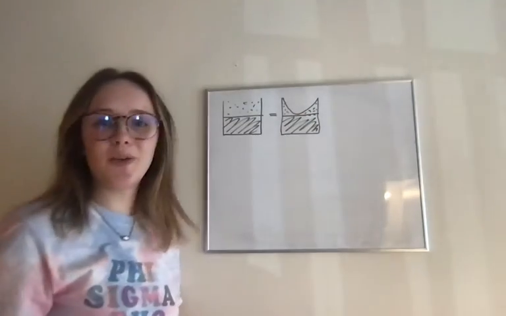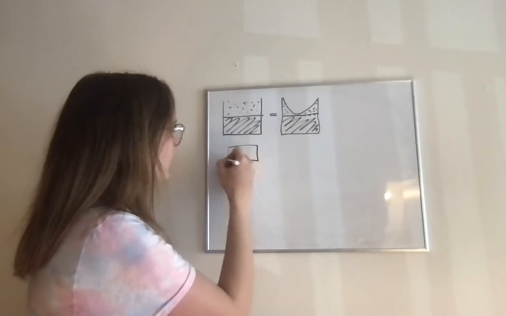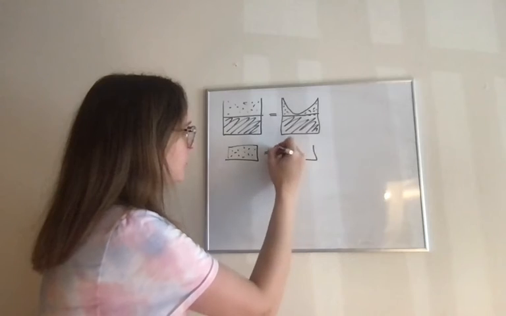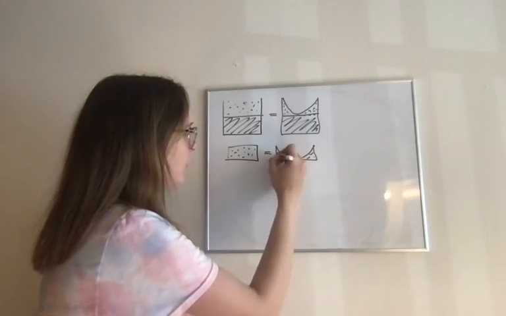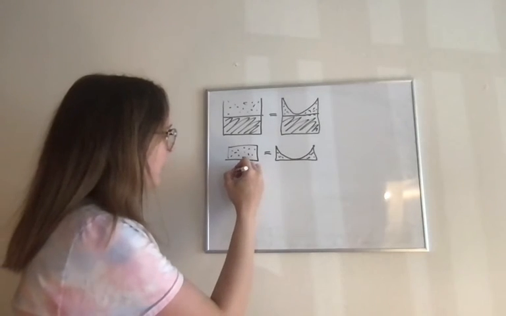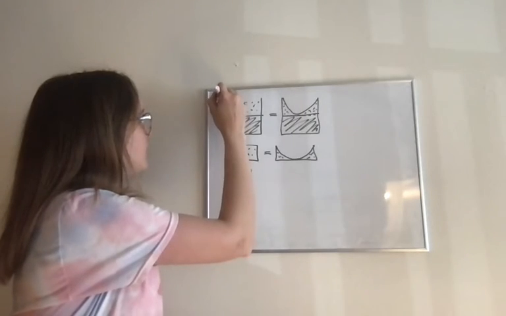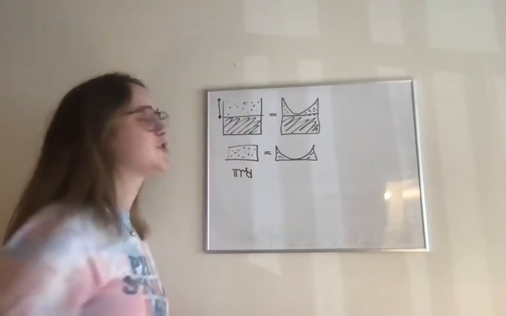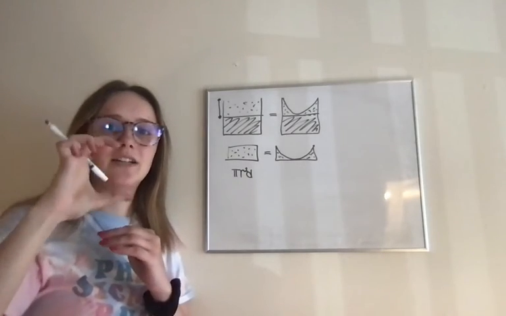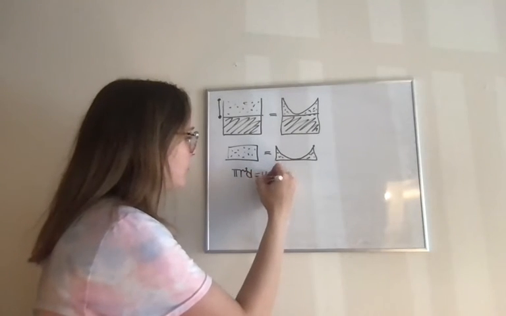And so we know that we are not losing or gaining any liquid, so we know that the volume of this space has to be equal to the volume of this space. And so what we can do is write out that pi r squared times d, and d is going to be this height, so it's going to be the total height of the container minus the initial height of the fluid, and that is going to be equal to the volume